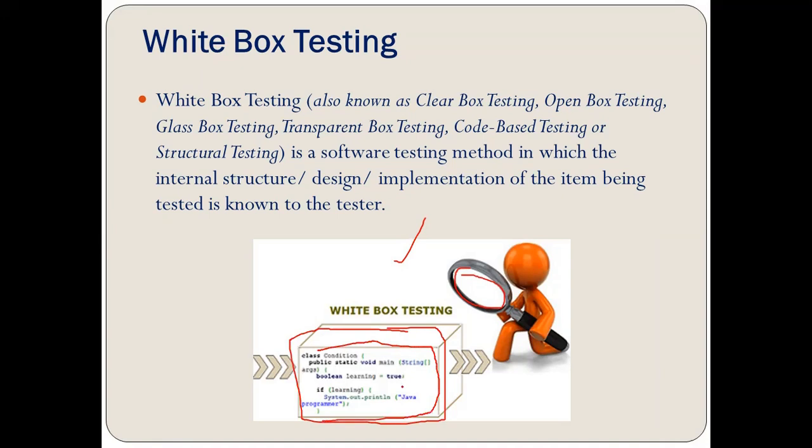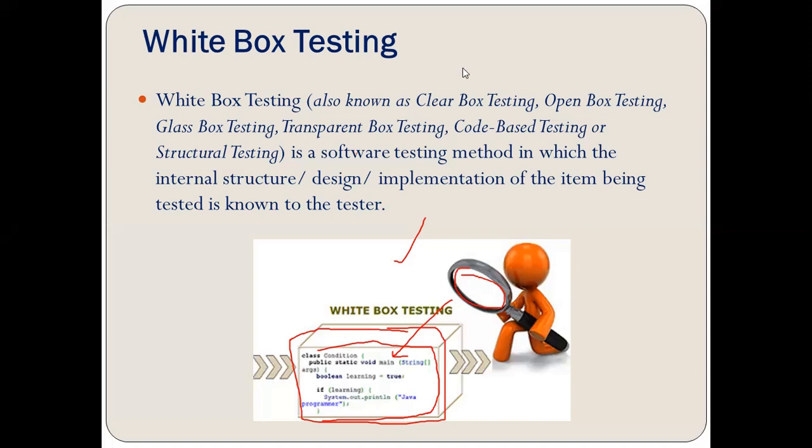From the code you can find the errors, right? So that is why we are saying that whenever we are testing the internal structure, design, and code of an application, that particular testing is called white box testing, right? White box testing, because you can see through the application. You can easily determine the internal structure, design and coding of this application, and then you can test it internally. Whenever this testing is done, that is called white box testing.